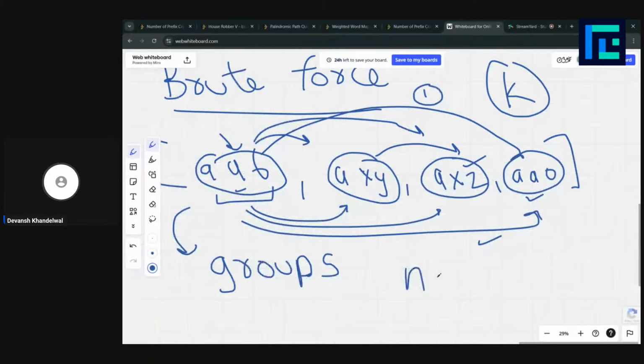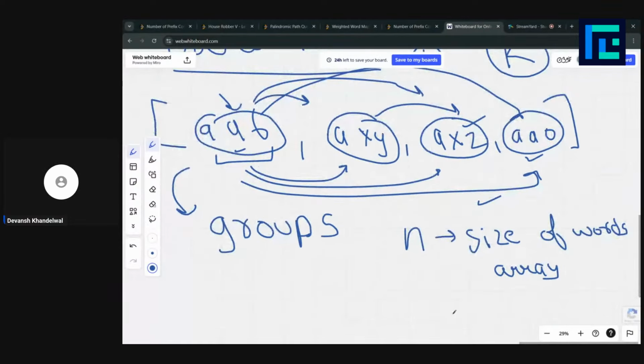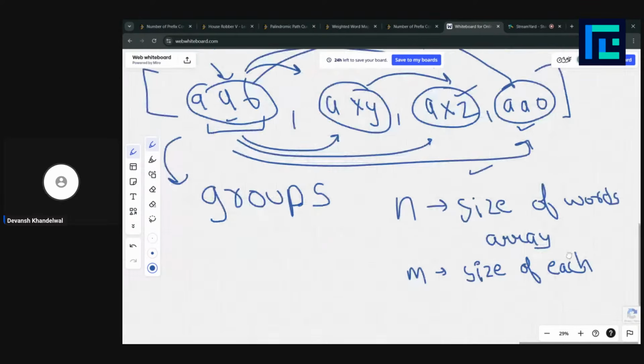Let's say n is the size of the words array, and m is the size of each string.